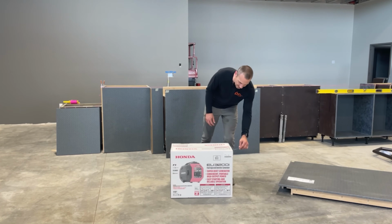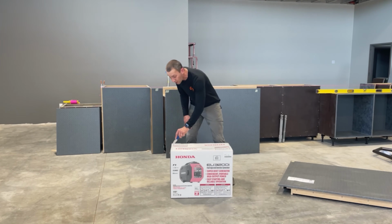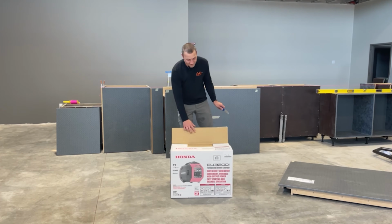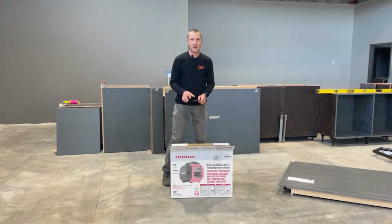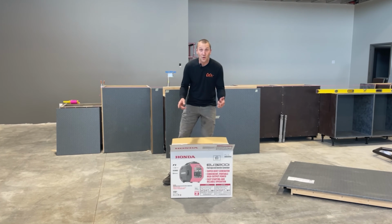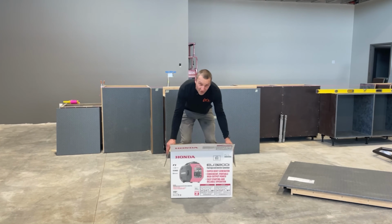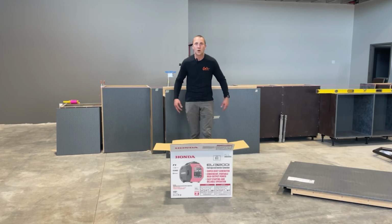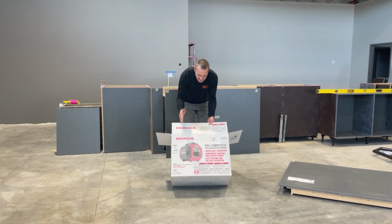I am super excited. So, did you see how easily I picked this up? This is a 3200 watt generator. It comes in under 60 pounds. Under 60 pounds? A 3200 watt generator, under 60 pounds, fuel injected. Fuel injected? Now that's tricky. Again, 3200 watts, under 60 pounds, fuel injected, almost 9 hours of runtime. And guess what? It will start the AC when you go camping. That's what we've been wanting. That's what we've been waiting for. And that's what's here, the Honda